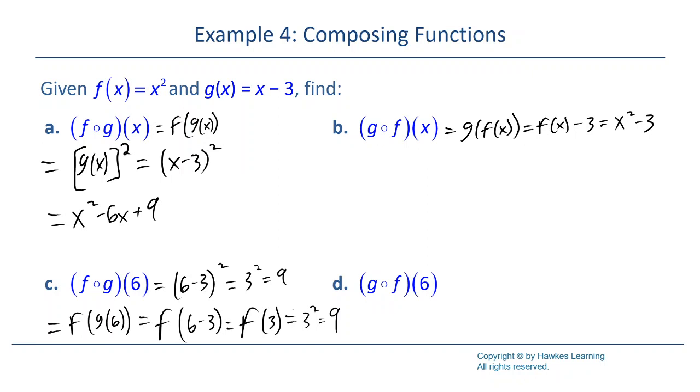You can do the composition on the inside. You can just evaluate g of 6 and then plug that value in for the function f. Sometimes that might be the better option if you're not required to do the composition, because if you're not going to do the composition and then do it multiple times, sometimes it might just be easier to